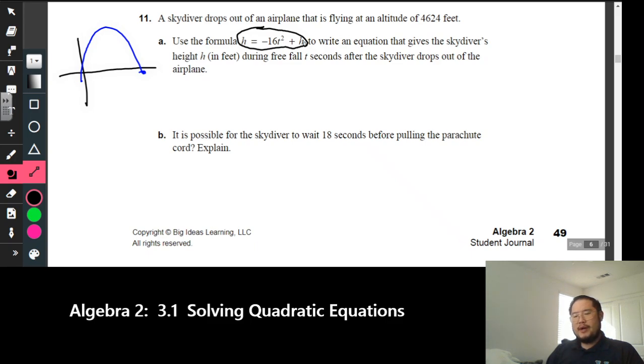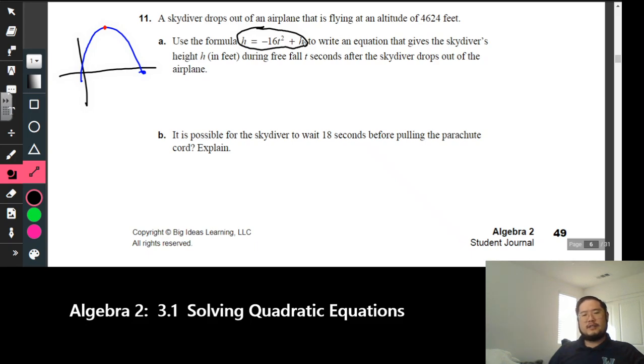When they have h sub 0 in the equation, when it's sub 0, that usually tells you the initial height or the initial point. In this instance, h represents height, so h sub 0 represents initial height. Okay, so it's where the skydiver is starting from. So they're out of an airplane, and it makes sense that they'll probably be right here at the vertex, right? When they jump out of that airplane, that is probably the vertex of this parabola